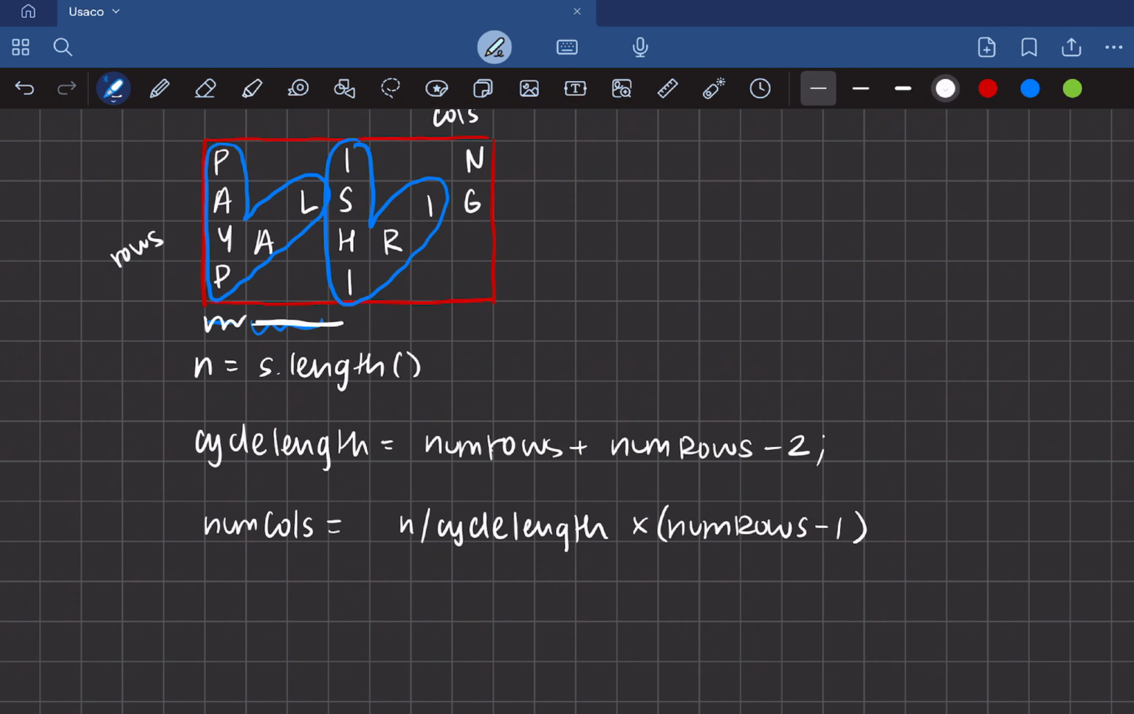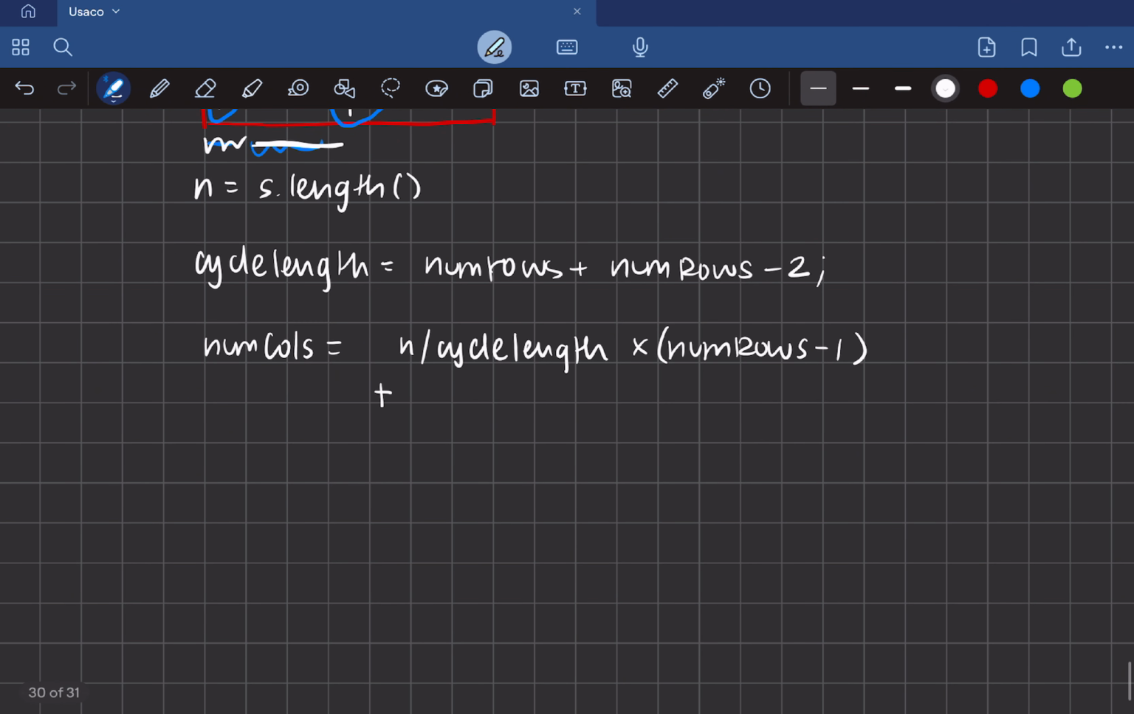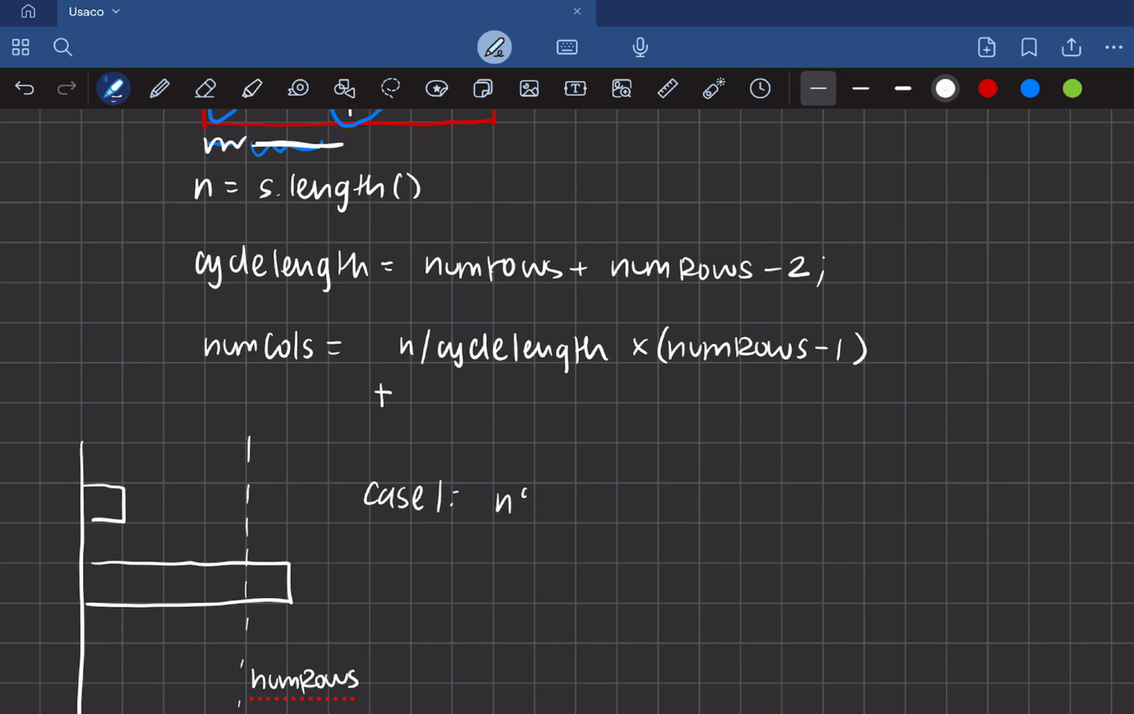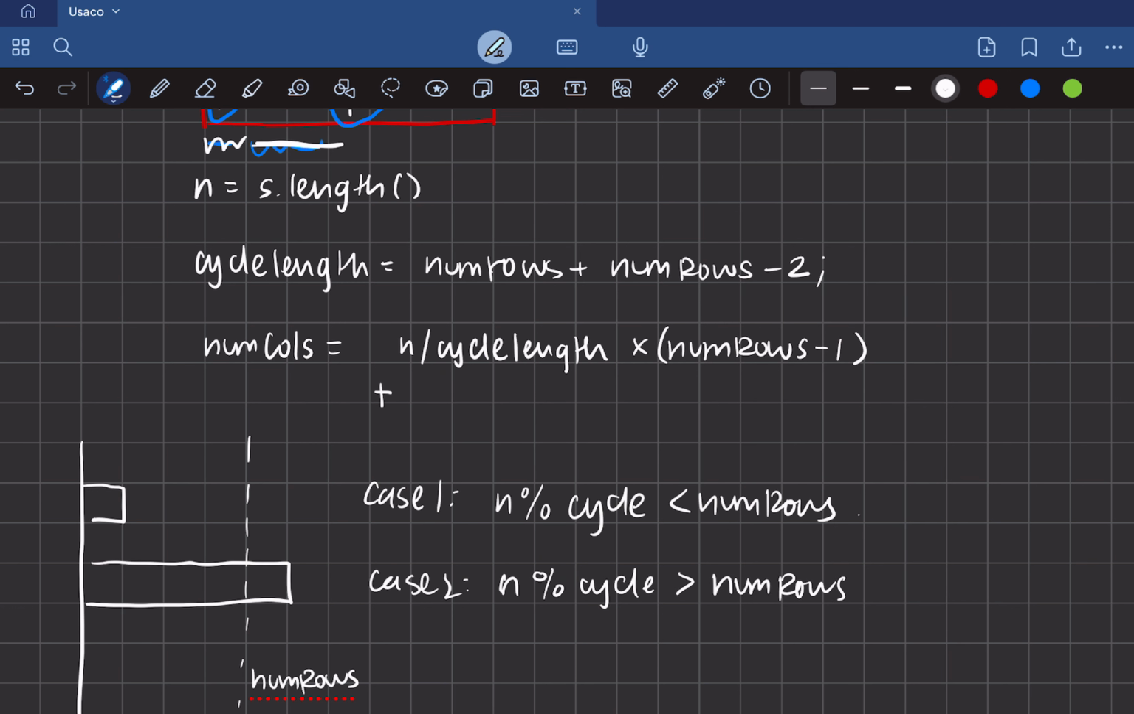The second thing we need to add is the elements that are not in a full cycle. So I think there are two cases here. The first is where we only have enough elements to fill one column, which is the vertical. And the second case is where we have more than enough elements to fill not only that column, but a couple columns after that in the diagonal. So case 1 is where n mod cycleLength is less than numRows, and the second case is where n mod cycleLength is greater than numRows. The first case means we only have to allocate one additional column, so I'm going to set that equal to 1. And the second case is where we have to allocate